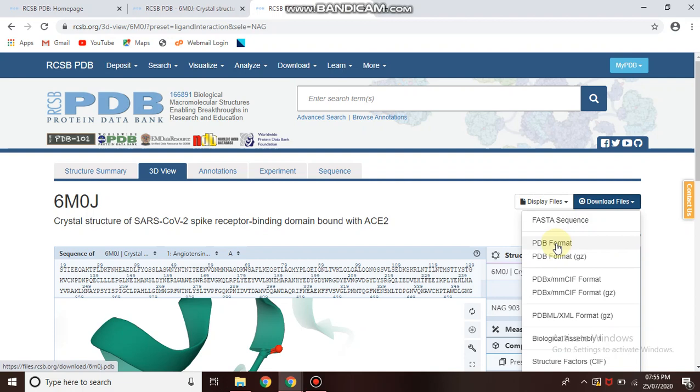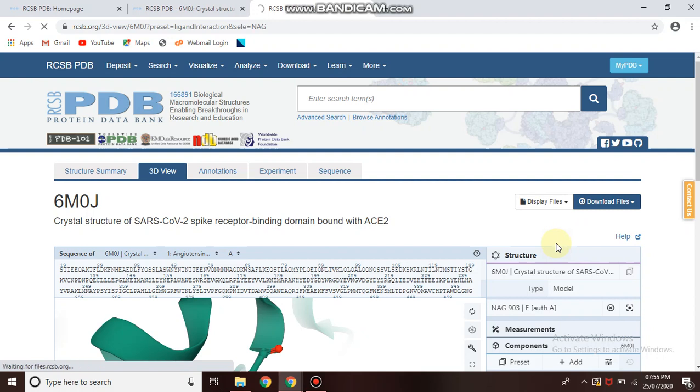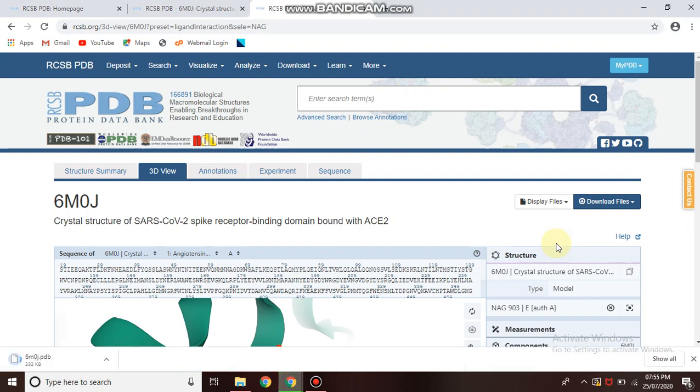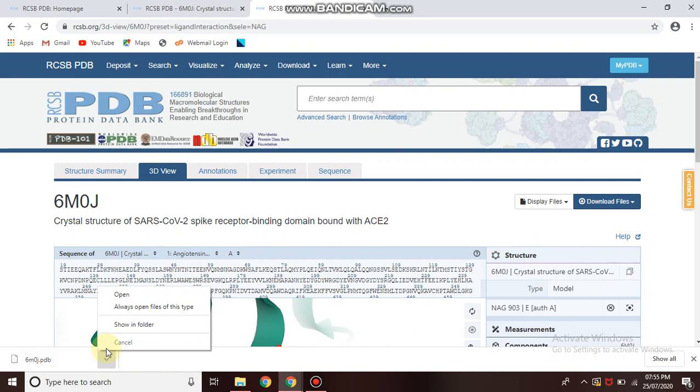The PDB format is required for docking study, using various tools available online or commercial docking tools, and you can use this PDB file for further docking study.